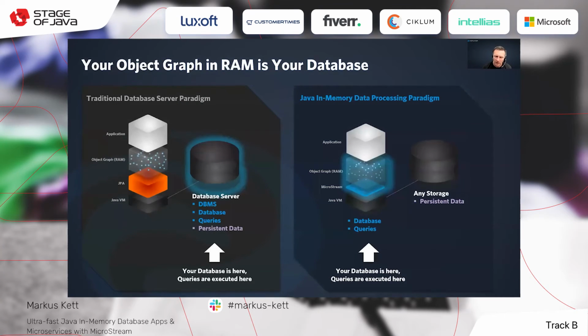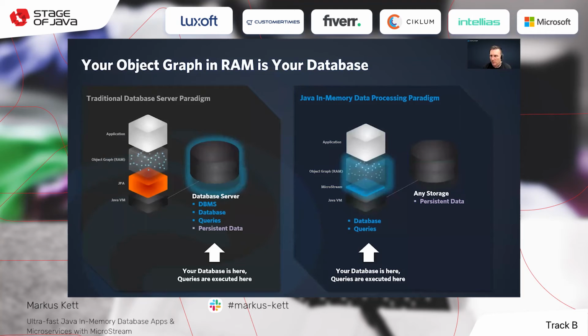With MicroStream, we have to think a little bit differently, because it's a paradigm shift in database development: your object graph in memory becomes your in-memory database.